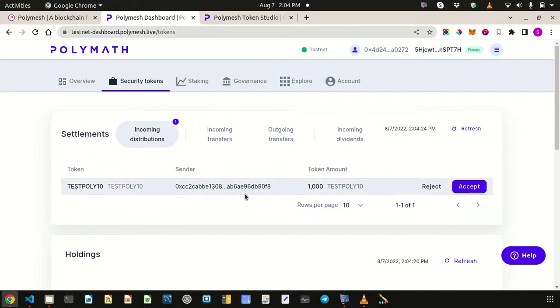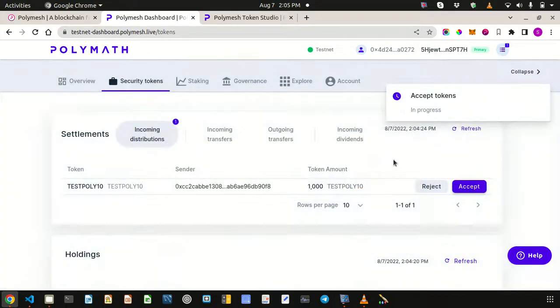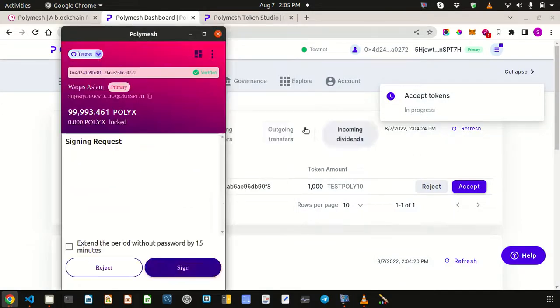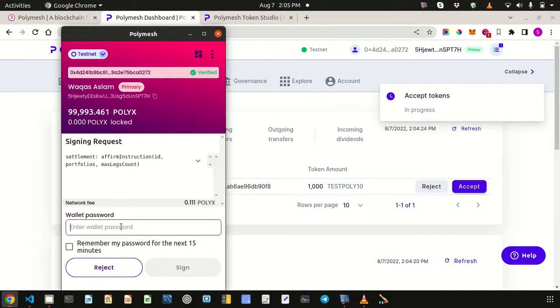The dashboard is saying that there is a transaction pending, that the issuer has transferred 1000 PolyX test poly 10 tokens to our account, and I have to accept it. So that's the main difference between the Polymesh and other blockchains. When you are making some distribution, the person who is receiving those tokens has to confirm or accept that distribution. So let's accept it, confirm it,